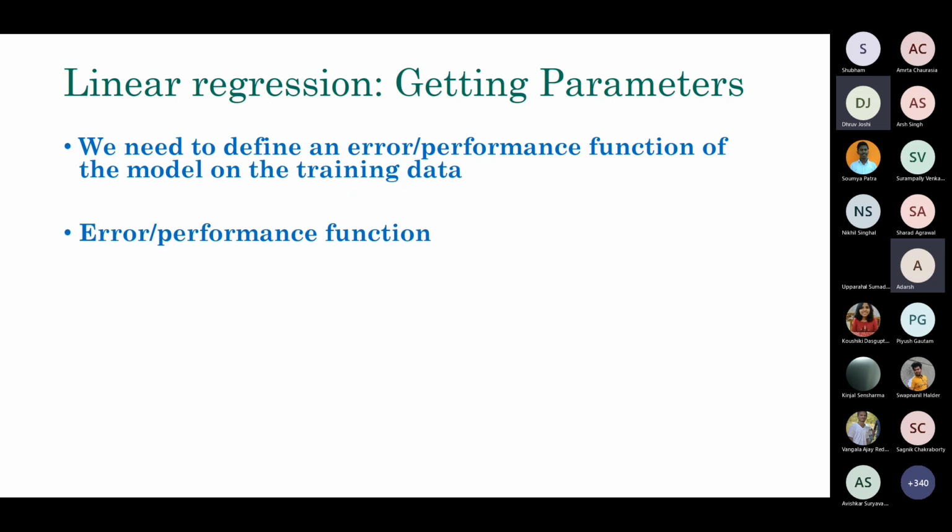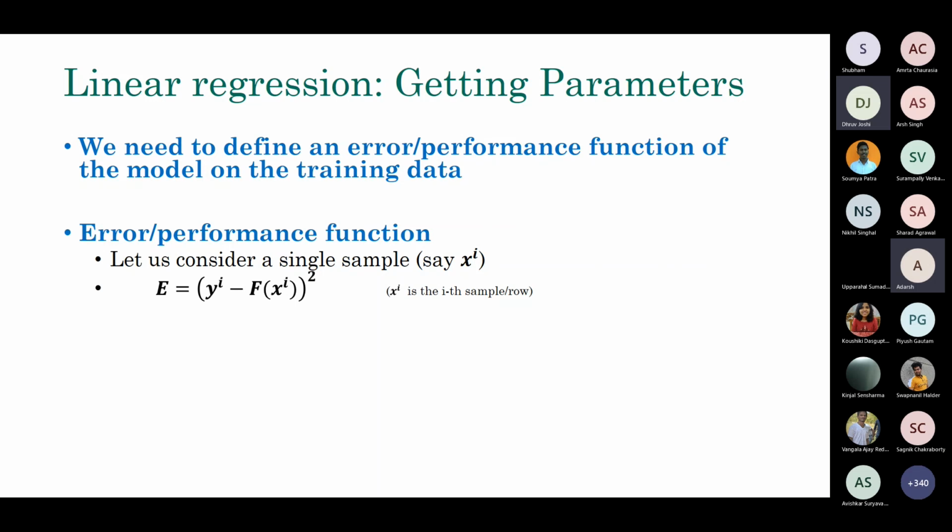So let's look at what we can do in the case of linear regression. Let's focus on only a single sample. If I have a single sample in my training data, what will this performance function look like? In my case, it would be yi. Here i means the ith sample; yi is the output label of the ith sample, not a power. So don't confuse these two.